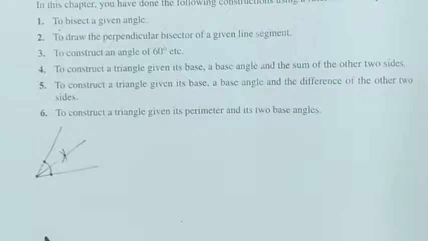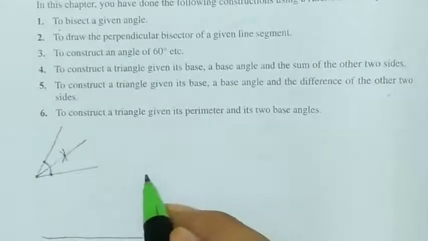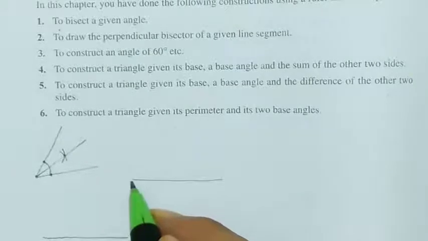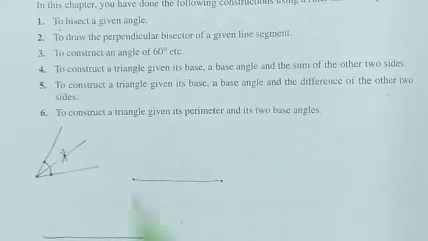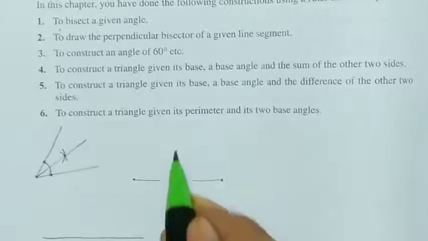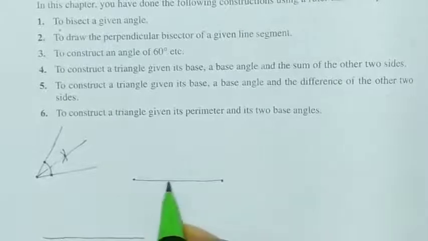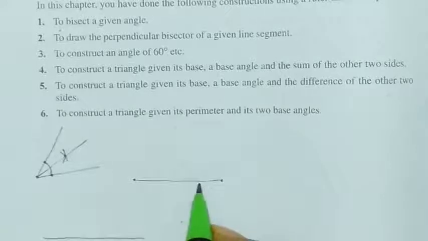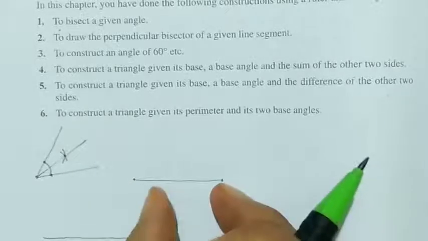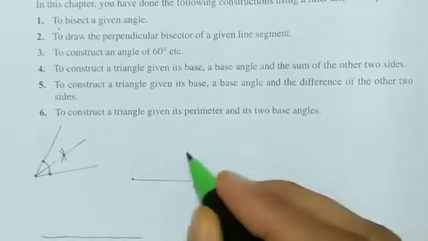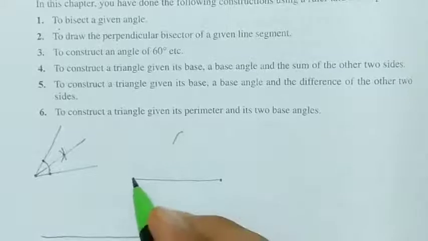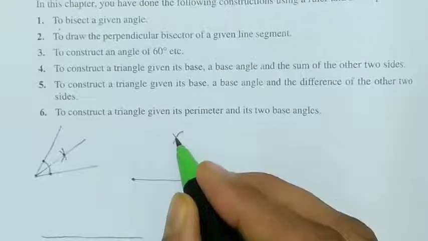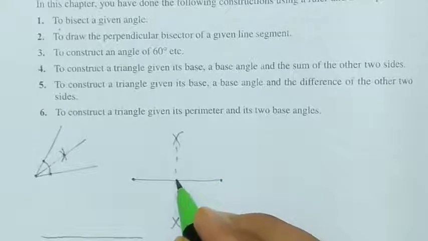Like this is the line segment, I am writing here, and you have to draw the perpendicular and bisector both. Perpendicular means it will be perpendicular to this line, and bisector means it will cut this line in two equal parts. So for that you have to first take more than half arc and cut it from here this way and this way, means from this point up and down, and then from this point up and down, and if you join this you will get this point.